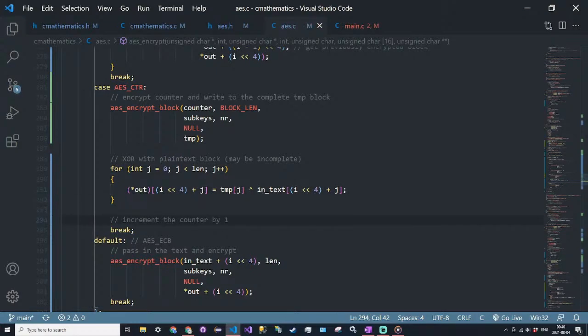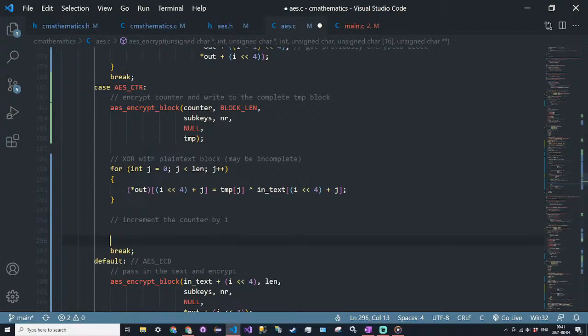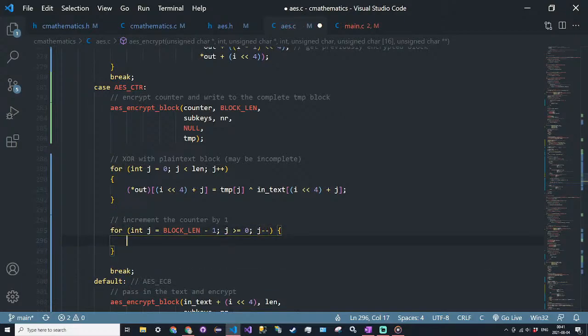And then for incrementing the counter, this is going to be a bit of stuff that we saw with the big integer, but we're going to increment assuming the lowest magnitude digit is at the right side, so the last element in the array. So for integer j is equal to block length minus 1, and j is greater than or equal to 0, j minus minus, so move from right to left, RTL,